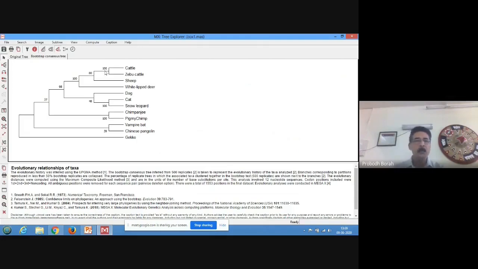Okay. So here, how can you take it to your research article? Suppose you are preparing your research article related to these data in an MS Word file. You need to carry this image to the MS Word file. For that, you have to go to image.